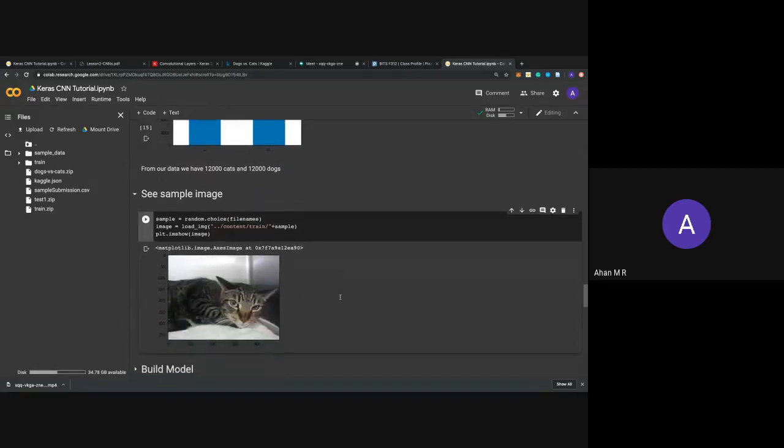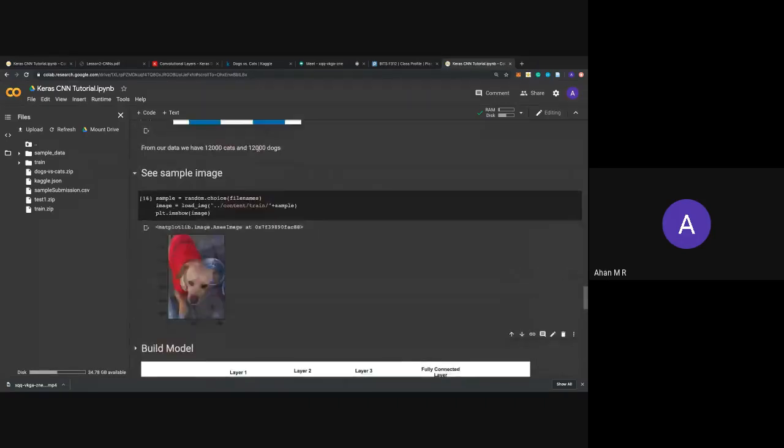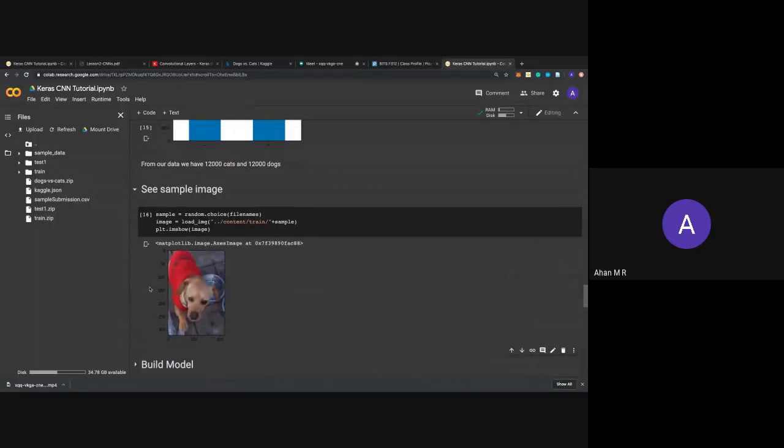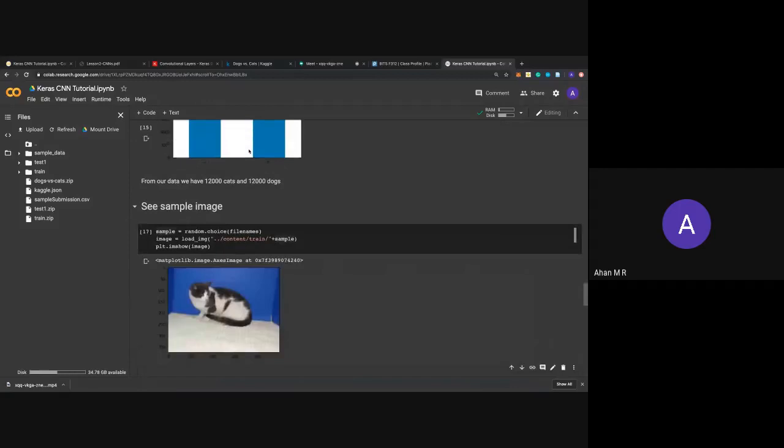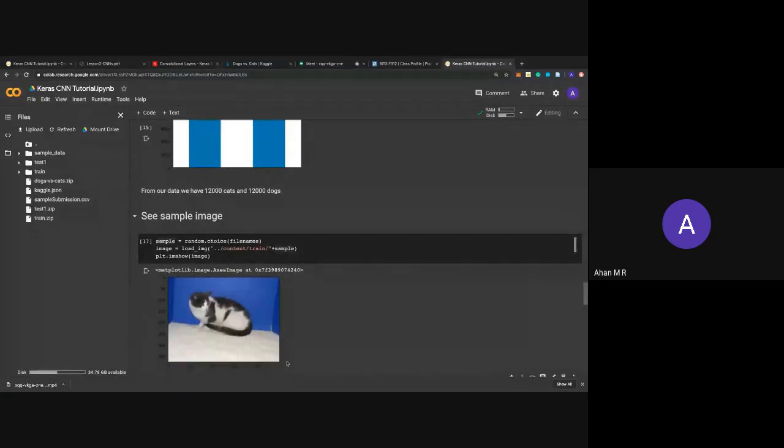So for a sample image, we'll just see how our image looks. We see that this dog image is nearly 300 pixels by 220 pixels or something. And if I run it again, you can see that not all the images are of the same size, just 350 and 450. If every image has a different shape, it becomes difficult in terms of computation, because it's incomparable data. Imagine if you don't convert it to the same size, and you have a huge image and a small image, they both